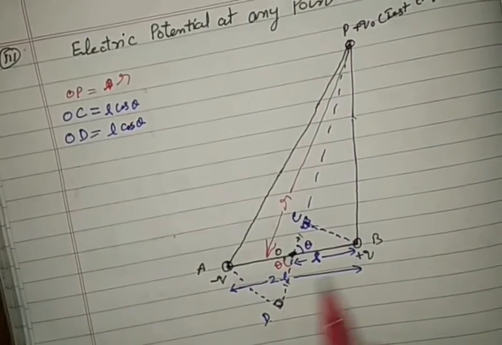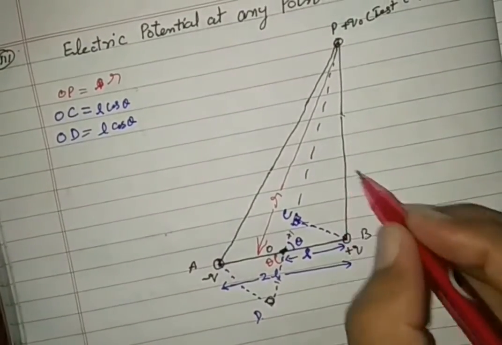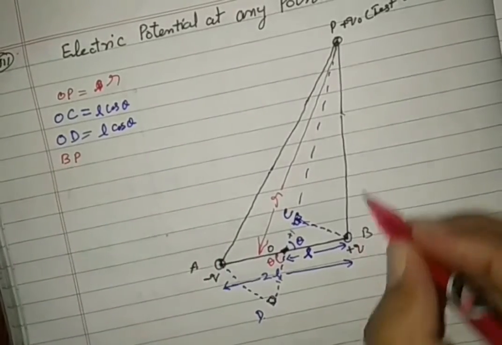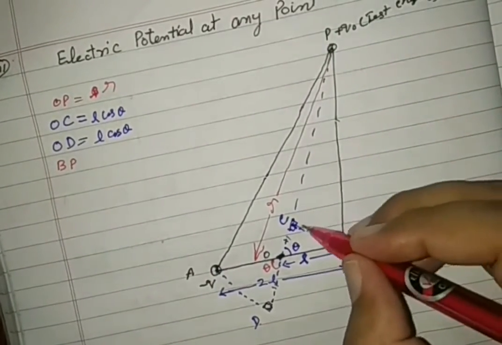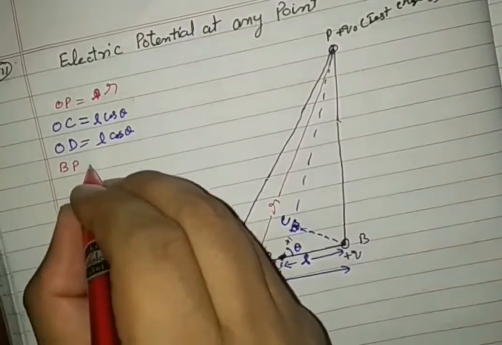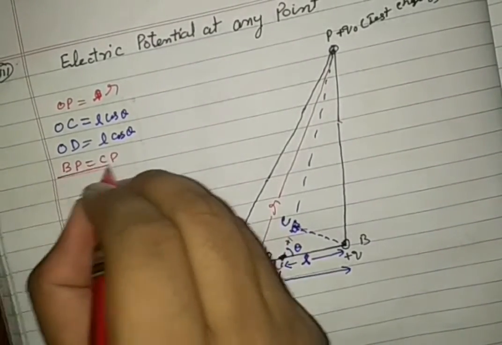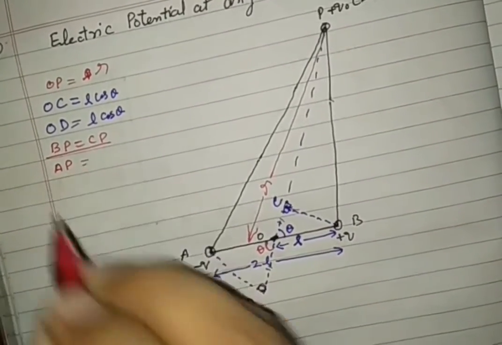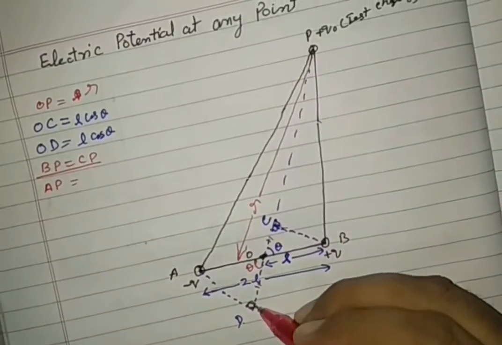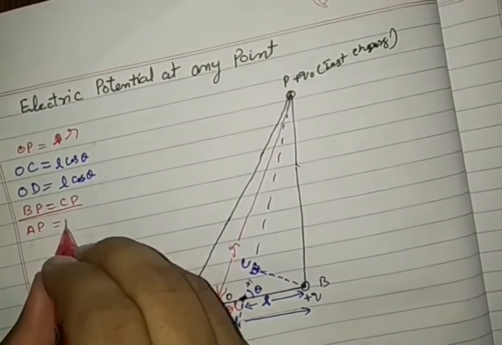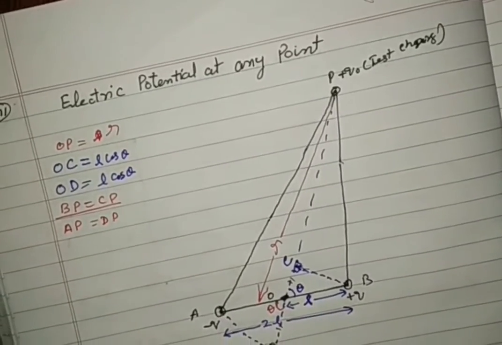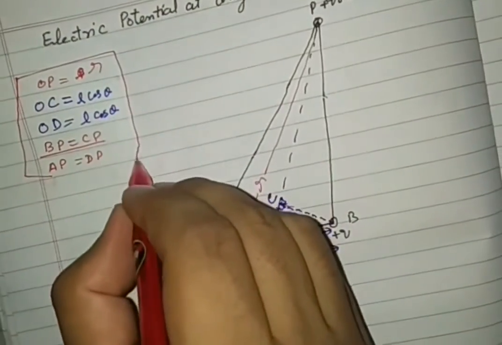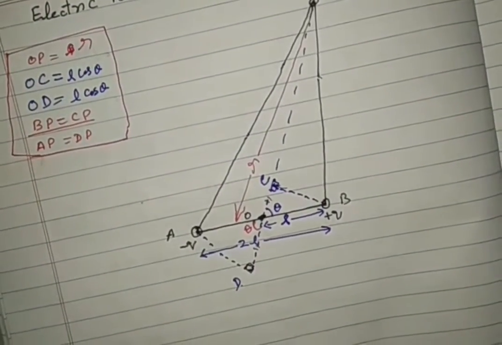Now see, sum up the case. Here in this triangle, one more thing: BP and PC. See my pen, BP. If both are perpendicular, it is equal to CP. And same as you see, AP is equal to, this is a perpendicular here, it means that it is DP. Now see, by these observations, what I am going to obtain.